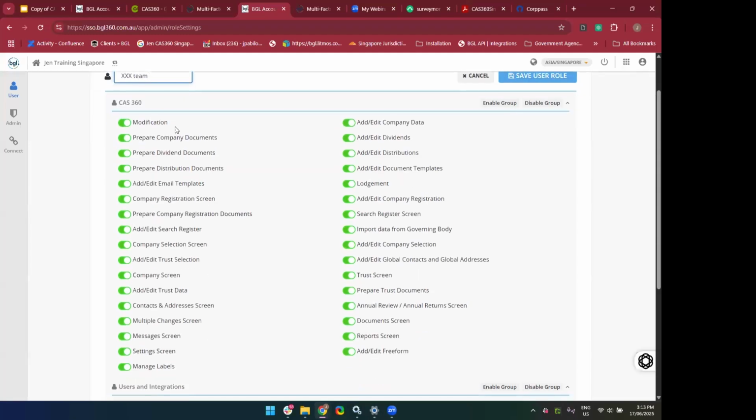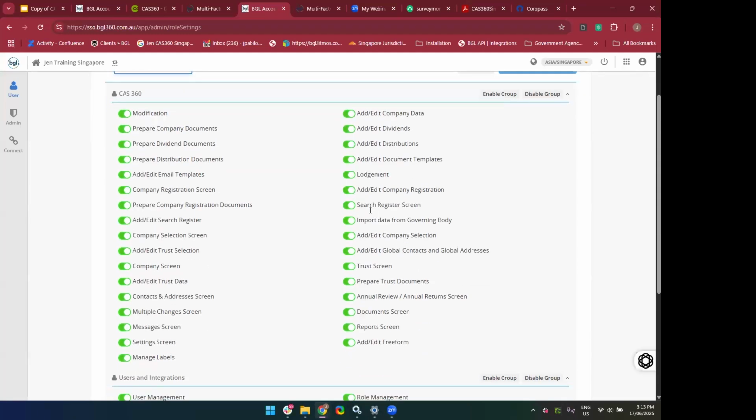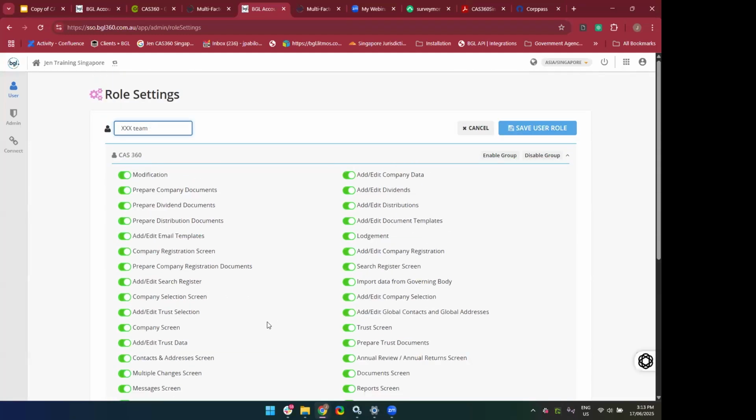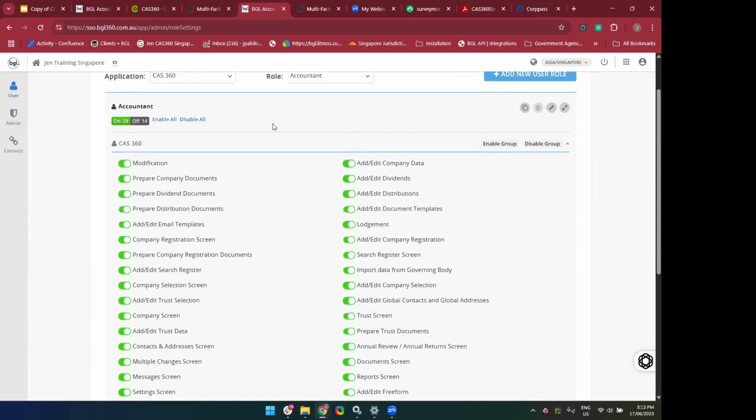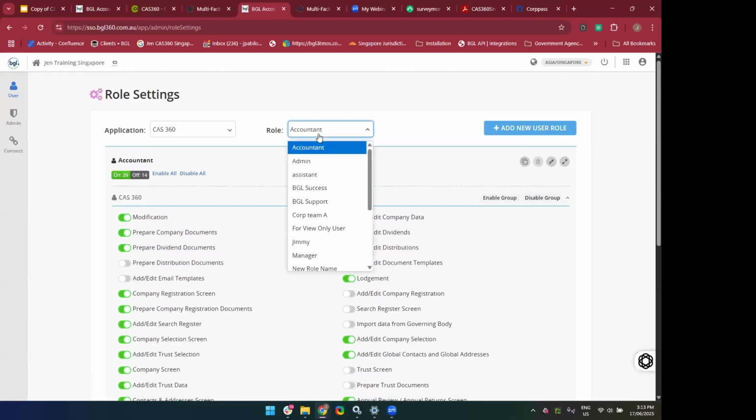And adjust the type of things or settings that you want for that particular role type. So I use an example over here. I've got in my drop-down options quite a lot of role settings I've created. So here in the example, if you have a team